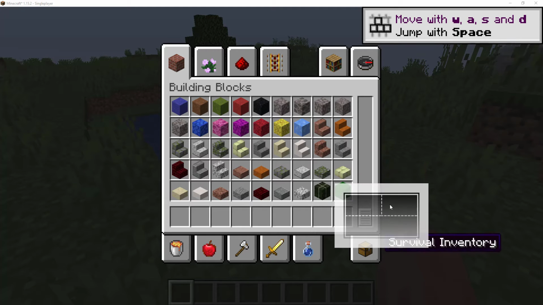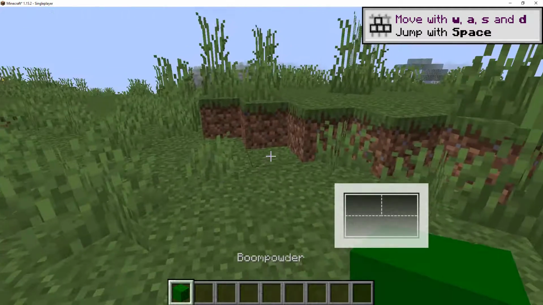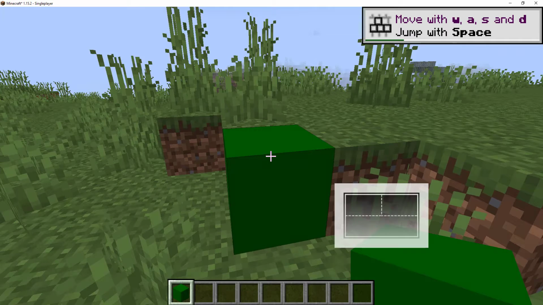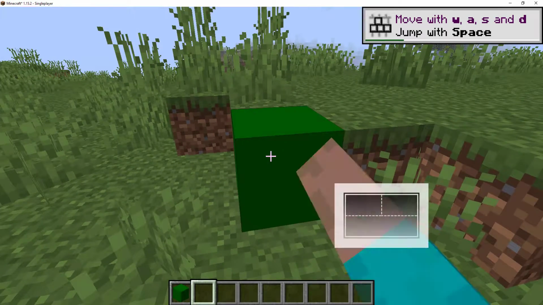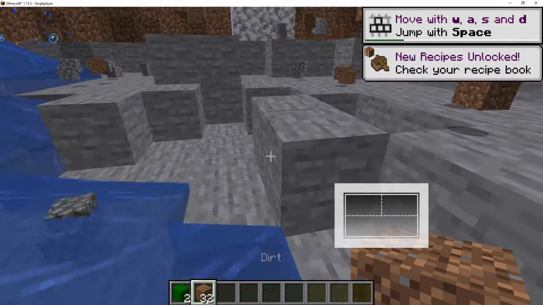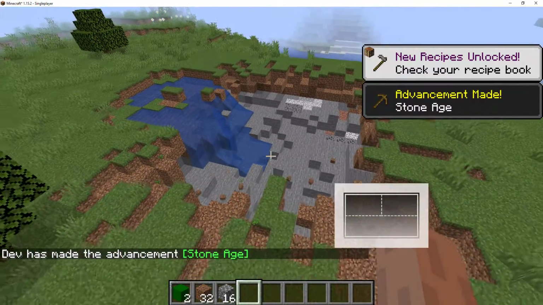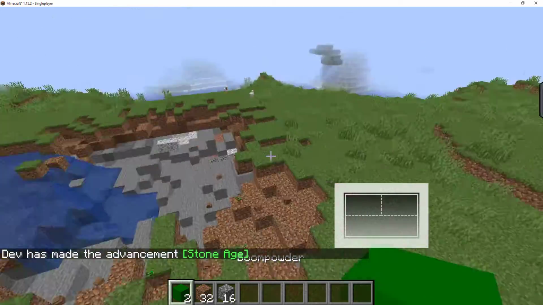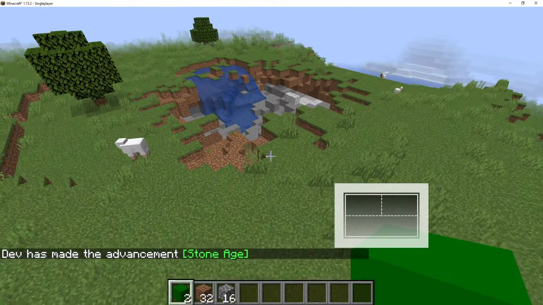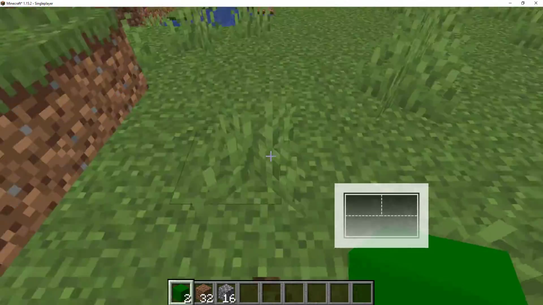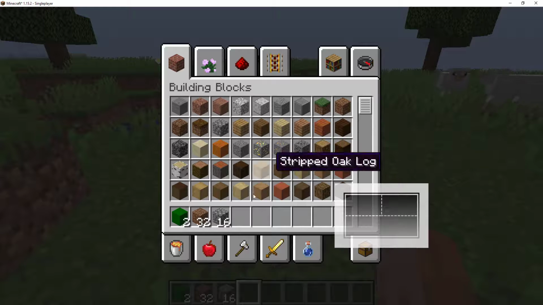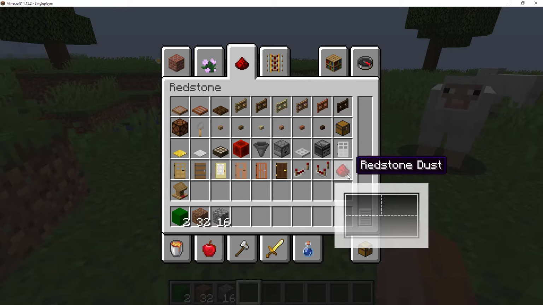Why can't I pick it up? I have something on my screen that I can't right click through or click through. Wow, that's a big explosion. Now, if I power it with redstone,